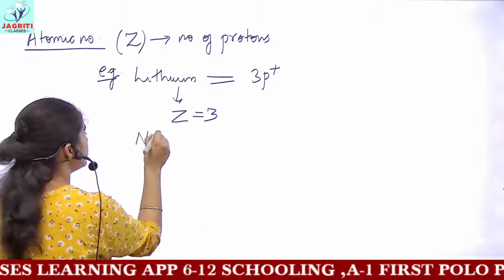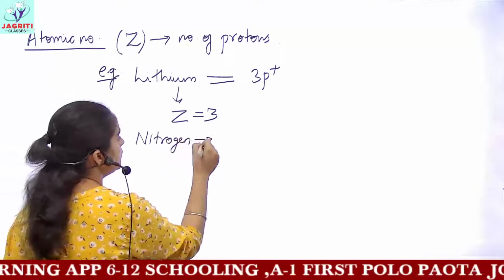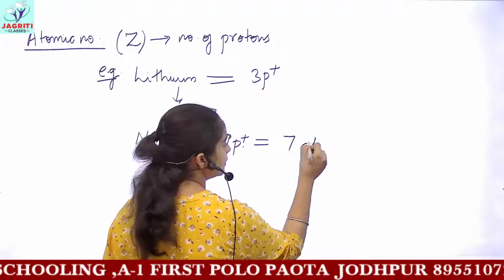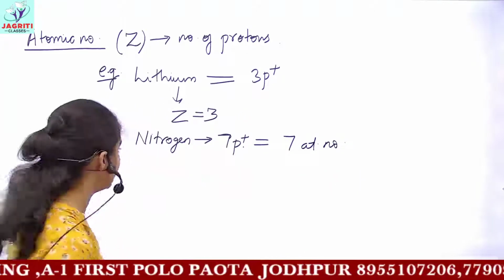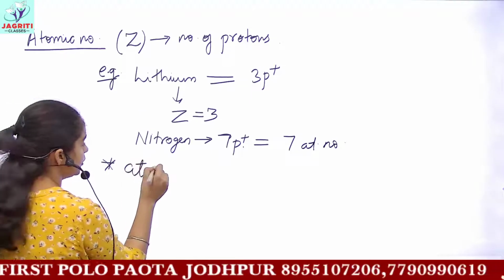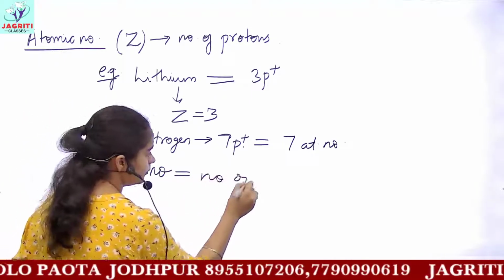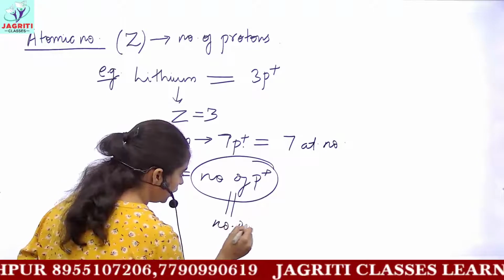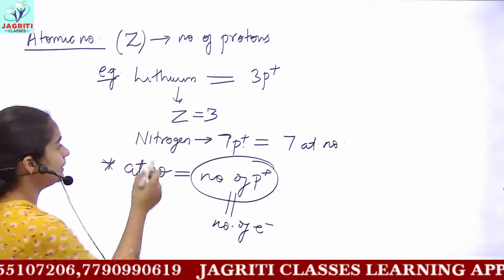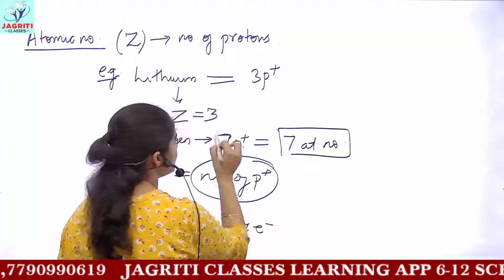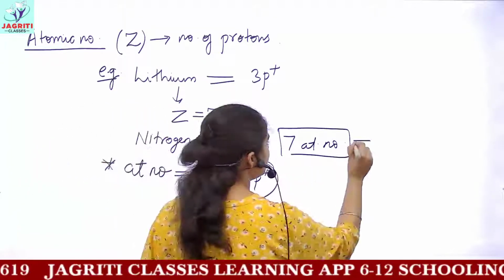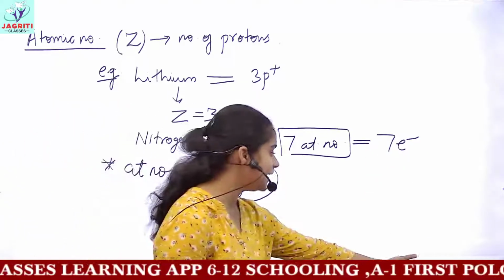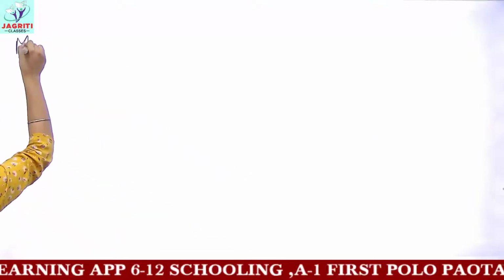The atomic number of nitrogen is what? Because we know nitrogen contains 7 protons, the atomic number would be 7. So this is what you mean by atomic number. And one general phenomenon is that atomic number tells you the number of protons, and usually the number of protons is equal to the number of electrons present in any element. That is, nitrogen has an atomic number 7 because it has 7 protons. So can you say how many electrons nitrogen has? Nitrogen has 7 electrons.